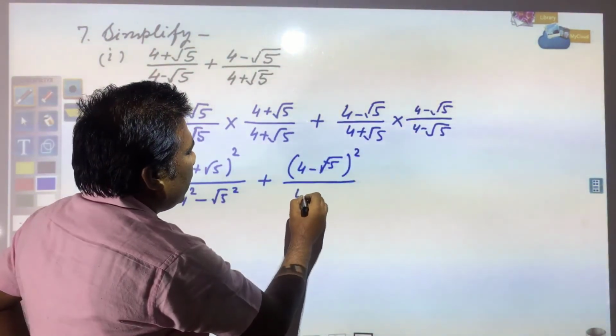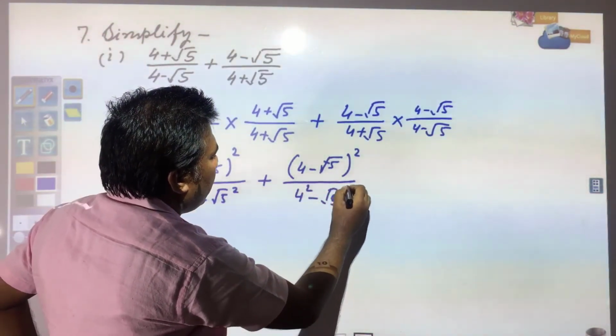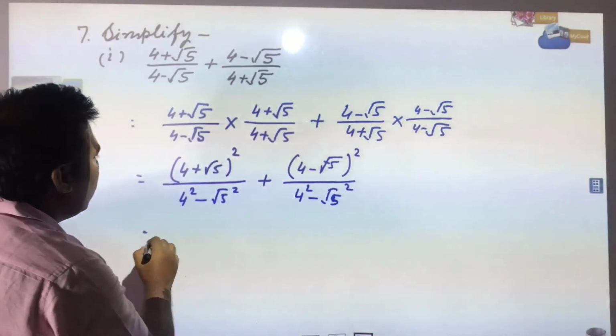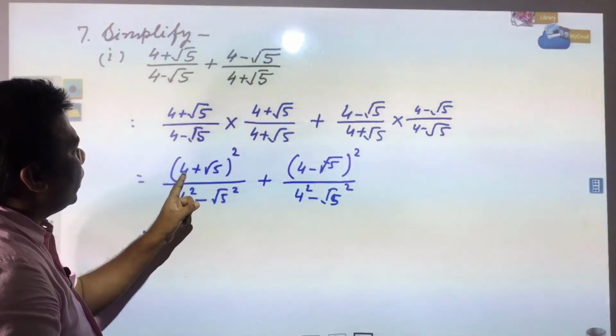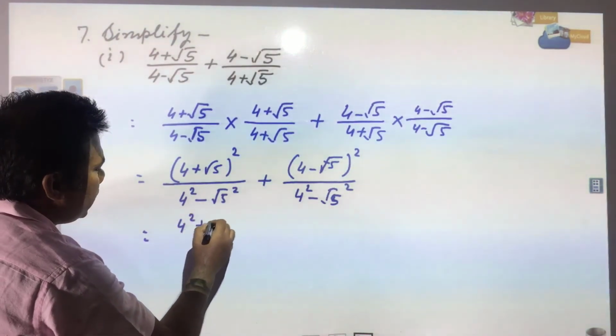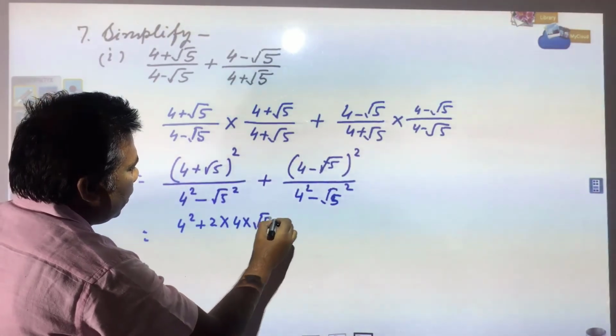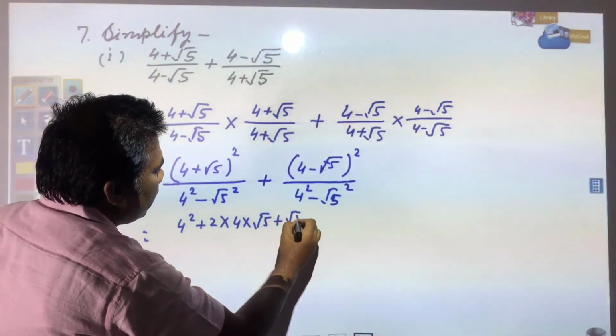So, this will be a square minus b square. Now, a plus b whole square is equal to a square plus 2ab plus b square. So, a square plus 2 into a into b plus b square, this you have written,